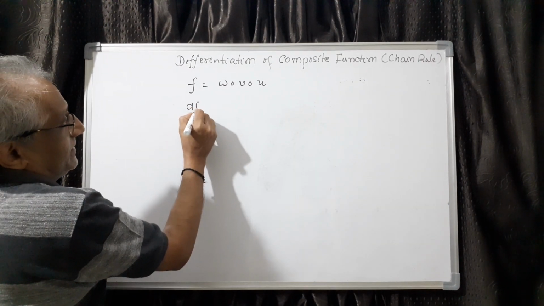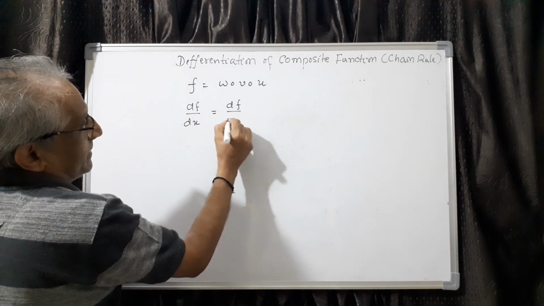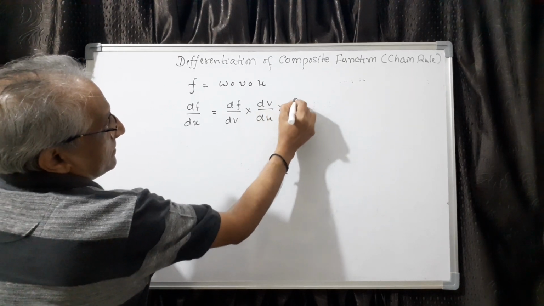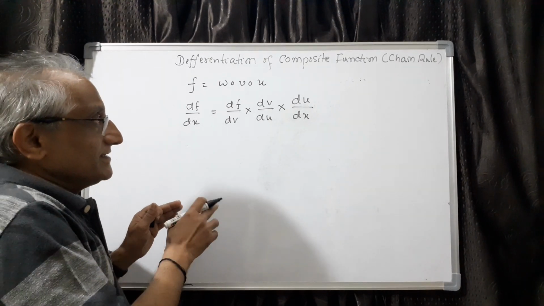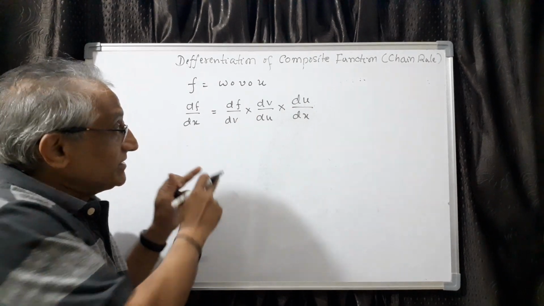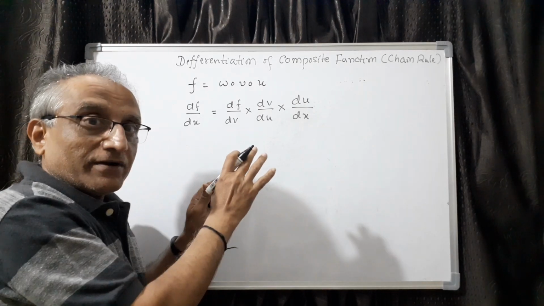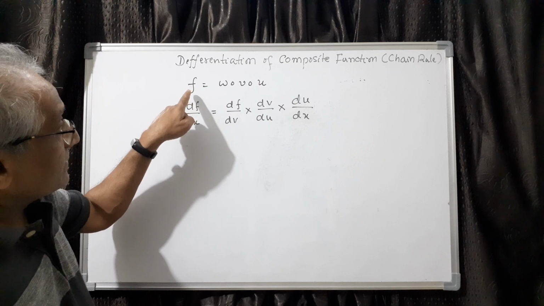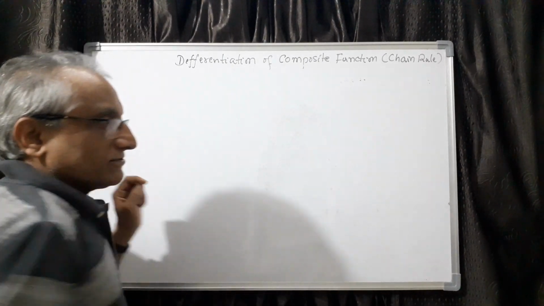So df by dx equal to, you have to remember this one, df by dv, dv by du, du by dx. Once again, the second method is always easy, that is substitute, keep on substituting and use this formula, and it is easy also, you need not even remember this one. Directly using your steps you can write the appropriate formula. So let me show you a few examples where f is a function of three functions. So let us take the first question.